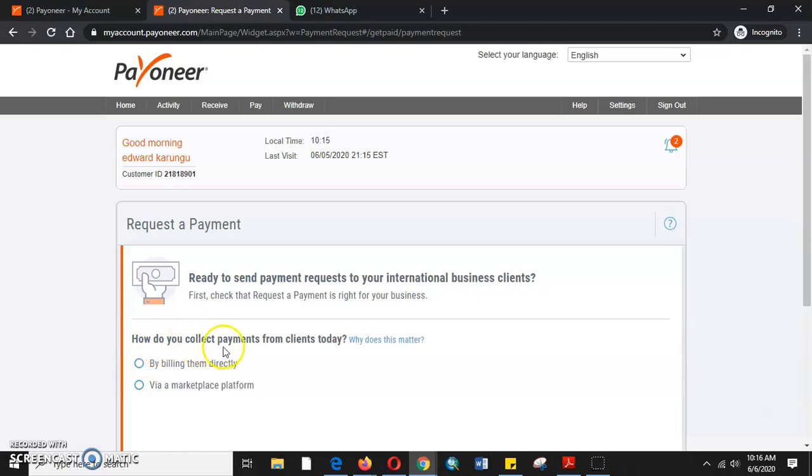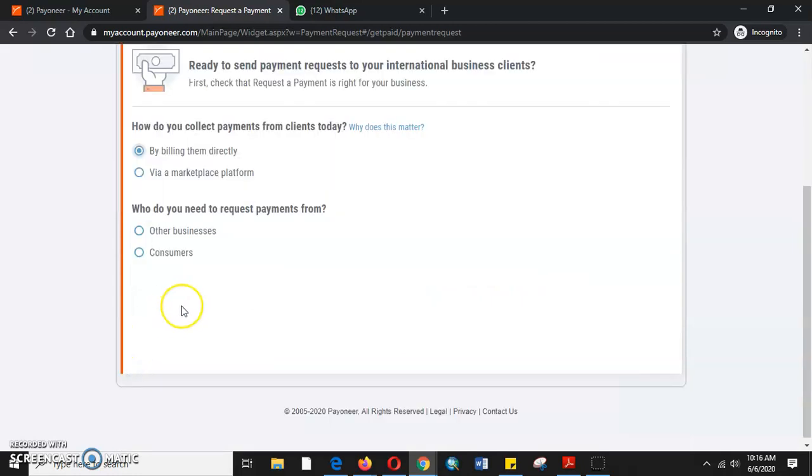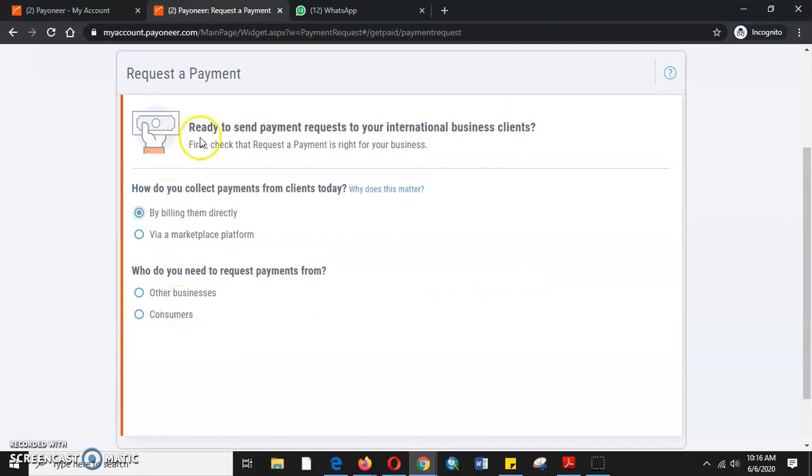We'll come here. How do you collect payment from the client today? By billing them directly or via marketplace platform. It will be by billing them directly. Then after we click and enable by billing them directly, we'll go,